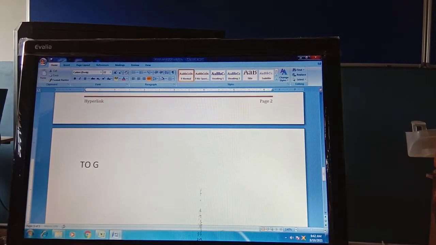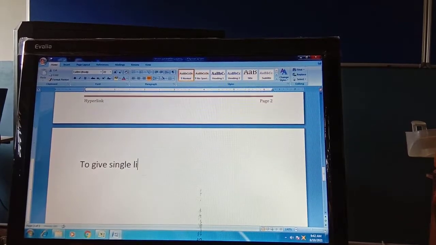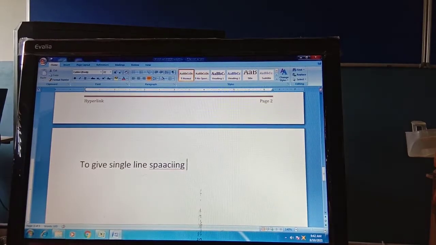To give single line spacing, okay, write with me, everyone will write with me. So what is the shortcut key for that?